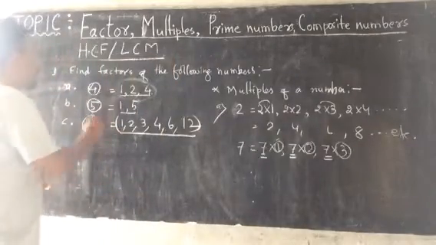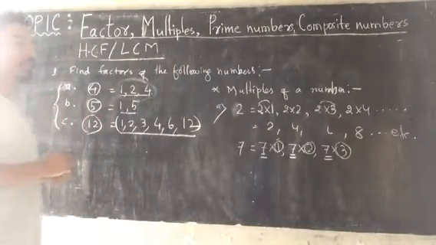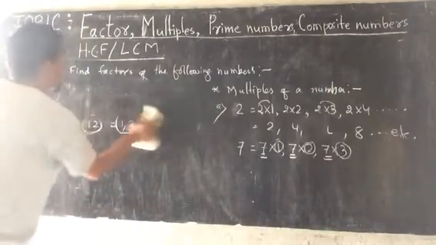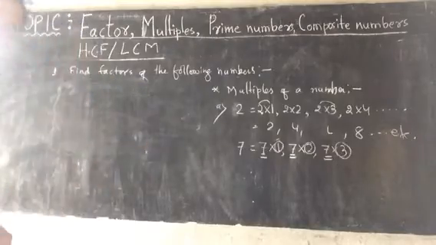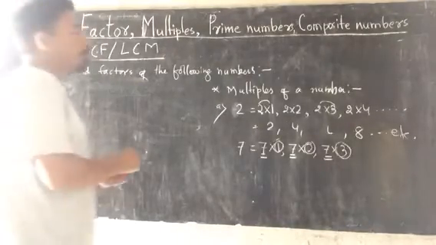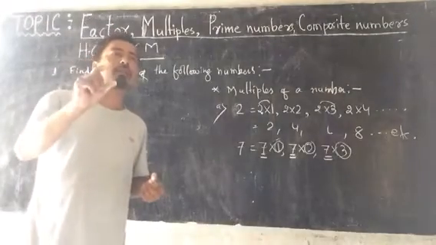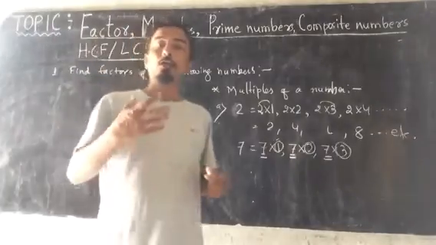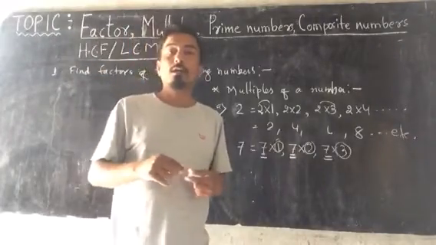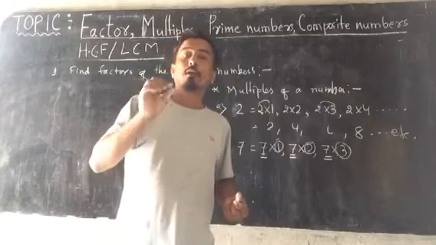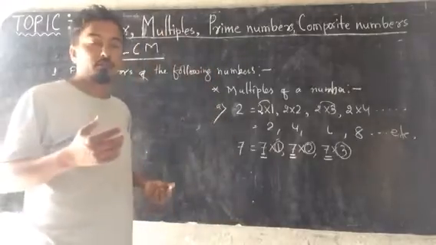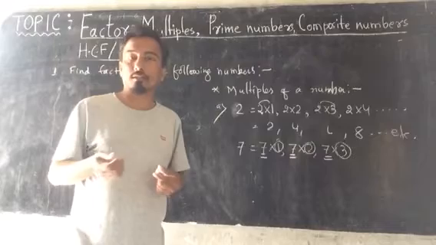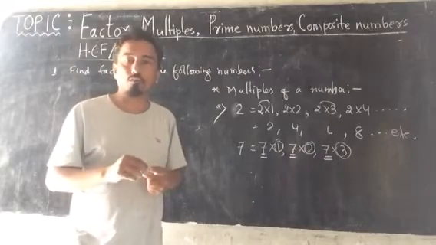But the problem is, how to find the factors of a number. So here I am going to teach you how to find the factors of a number. Before finding the factors, you must understand the divisibility rules, the rules of divisibility. It means certain numbers can divide any particular number. So orally, how can we divide a number? Oral division I will teach you first.